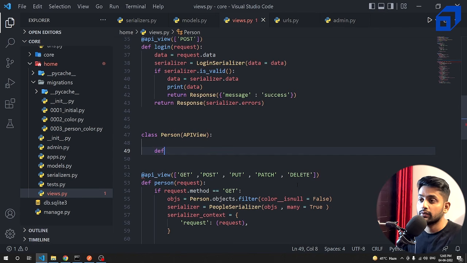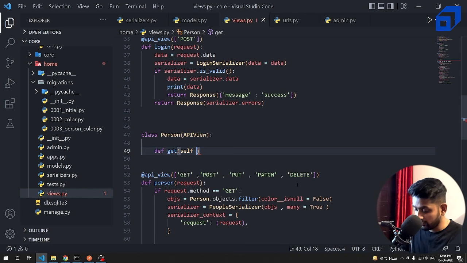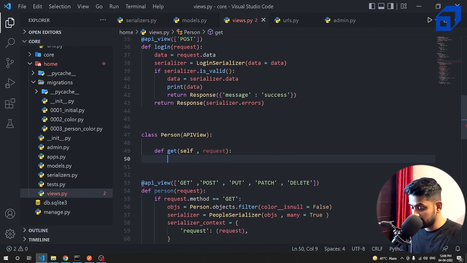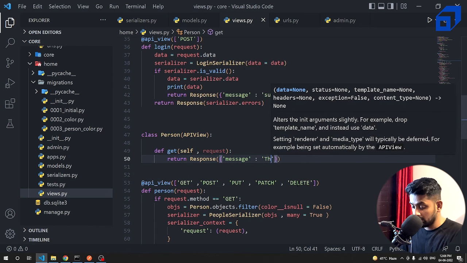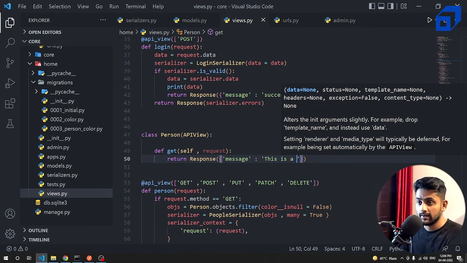And now we need to implement some methods, like def get. So if there is a get request, it will automatically get called. Let me show you with an example. As you know, in Python we need to pass self in methods of a class. So we are passing self. After that we need to pass request, and let's just return a simple response so that you can understand what's happening behind the scenes. So message is equal to, this is a get